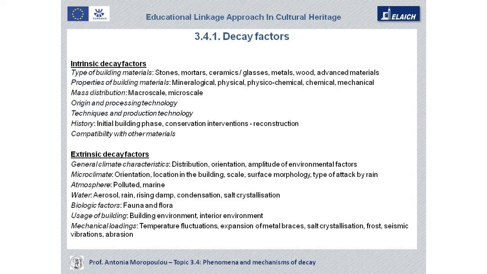Extrinsic decay factors are concerning general climate characteristics like distribution, orientation, or amplitude of environmental factors, relative humidity, temperature, wind direction, microclimatic factors like the orientation and the morphology of the surface, mainly regarding the attack by the rain, atmospheric pollution or marine environment, water attack by all means, aerosol, rain, rising damp, condensation, salt crystallization, biologic factors regarding fauna and flora, usage of buildings regarding external or internal environment, and the in-between, that means the building environment,